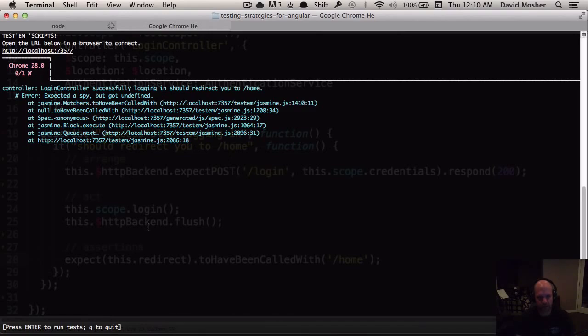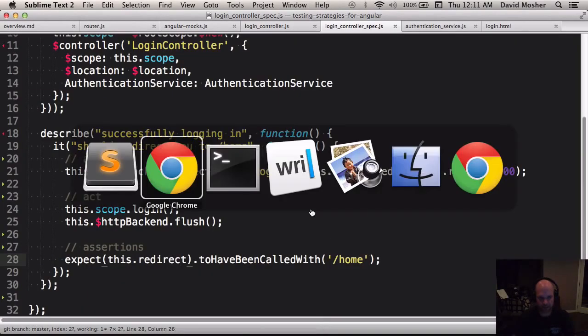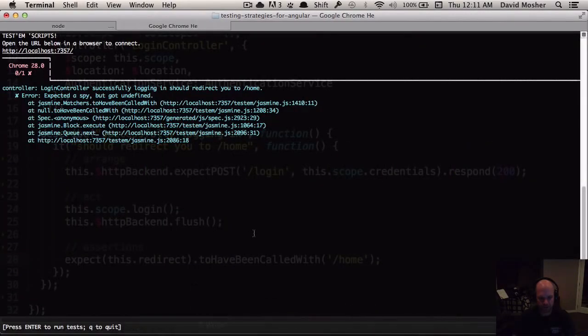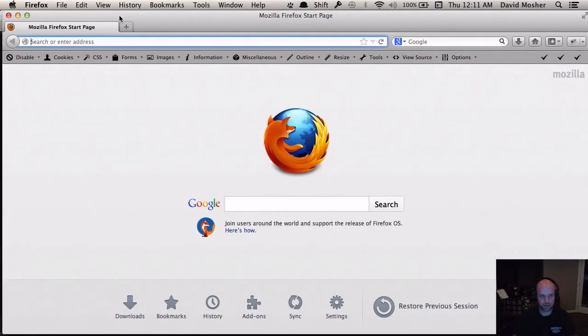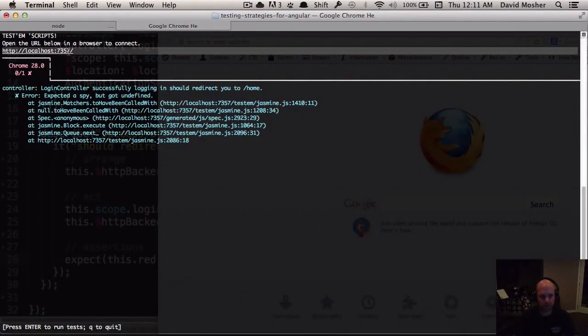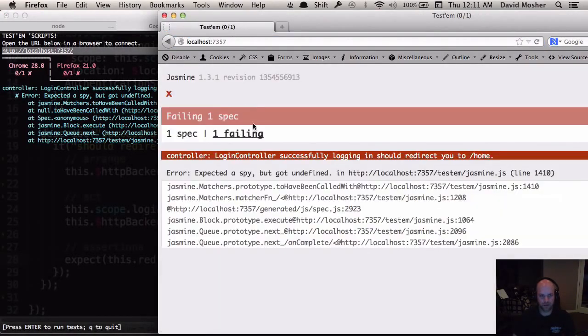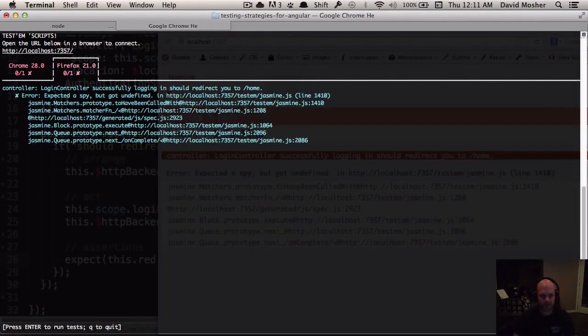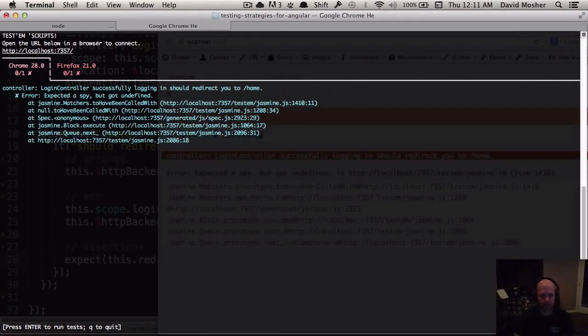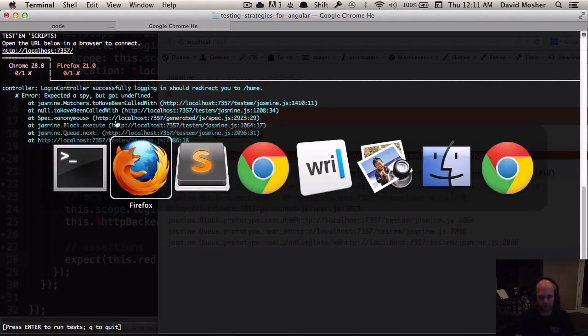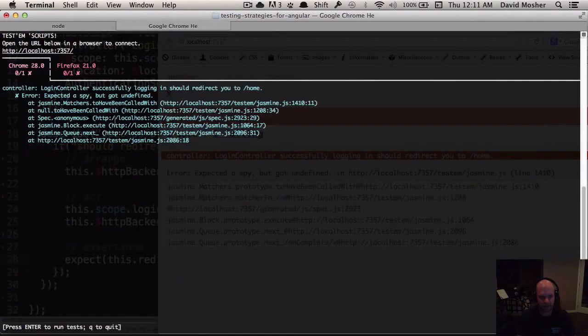Expected a spy, but got undefined in Testem. Testem is awesome because I can fire up Firefox, for example, and connect to localhost 7357, and now I've got two browsers that my tests are going to run in. I can hit enter and they'll rerun again, and whenever my files change, lineman is set up so that it'll